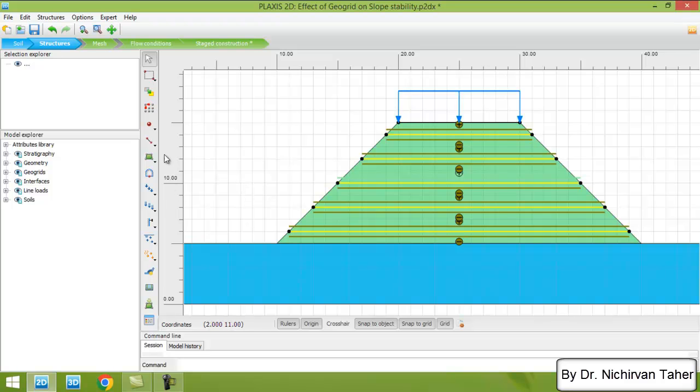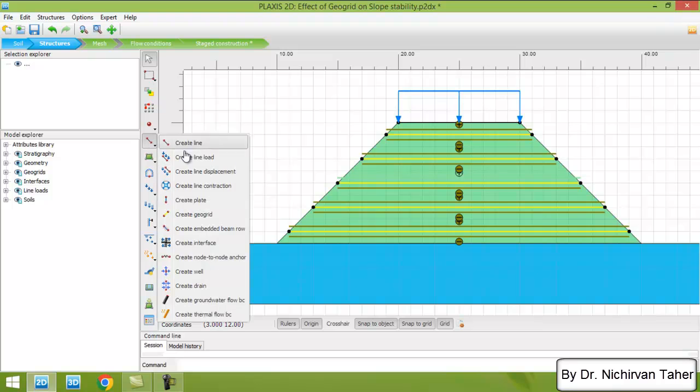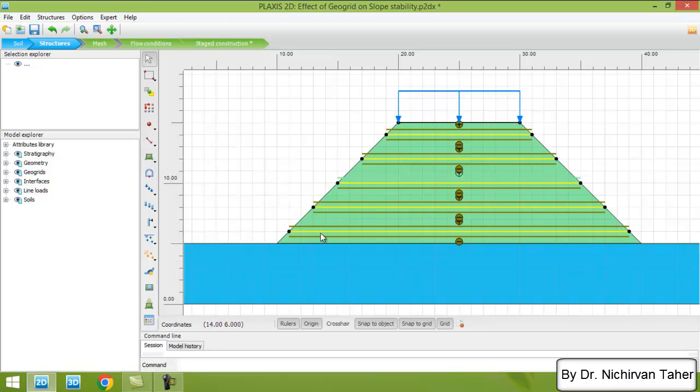The geogrids can be modeled using this icon. We click on create line, and in here we have create geogrid. So after creating the geogrids, the negative and positive interface will also be defined to define the interface between the